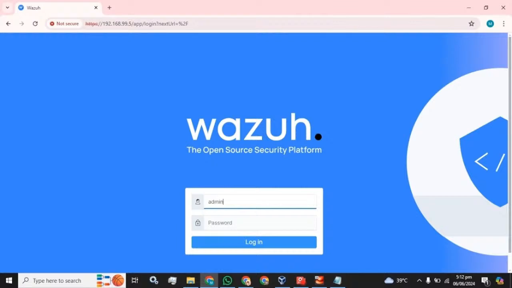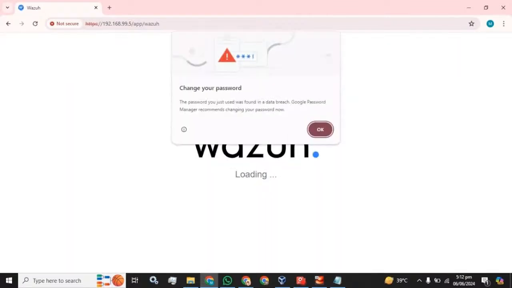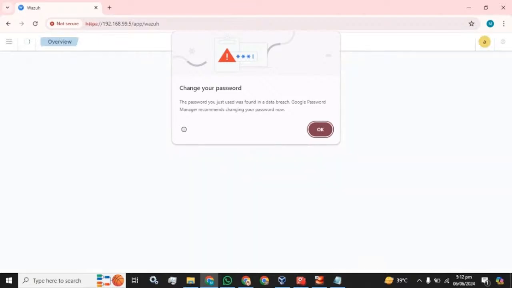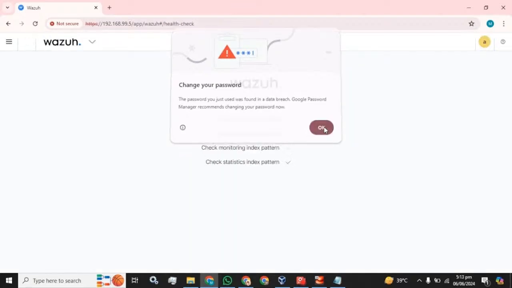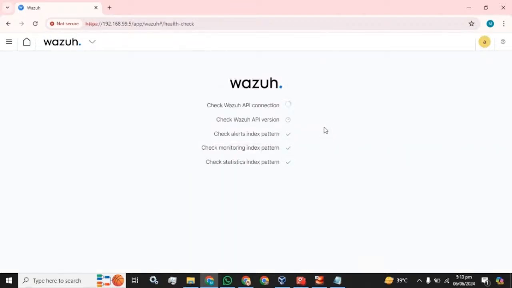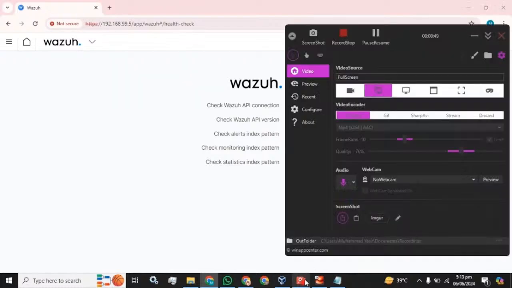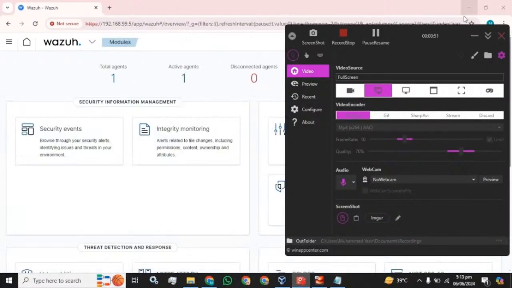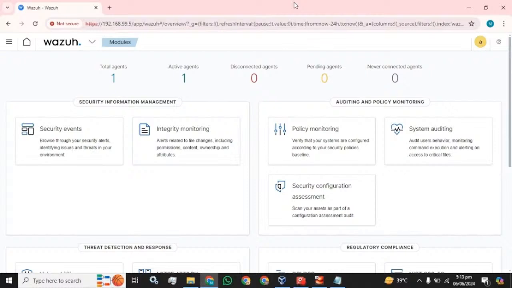The first step, you have to log in to your Wazuh GUI. The Wazuh GUI has successfully logged in. The next step